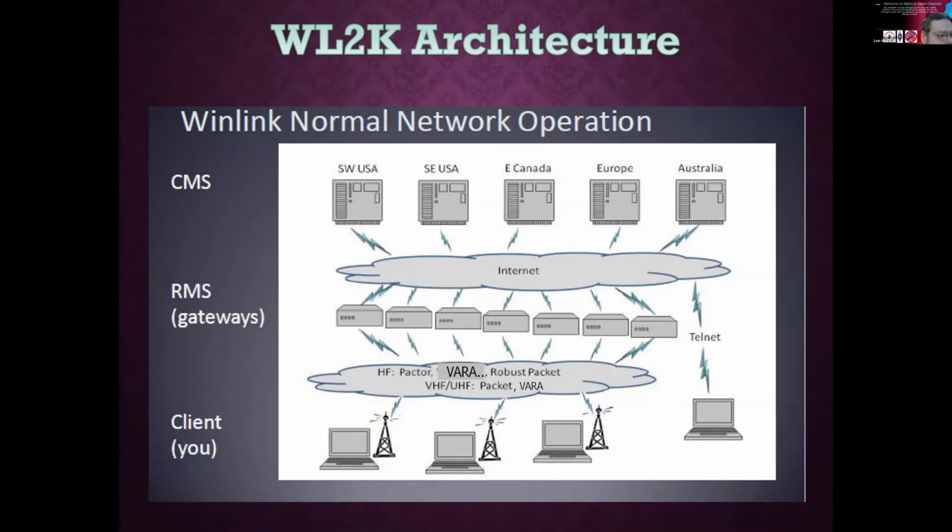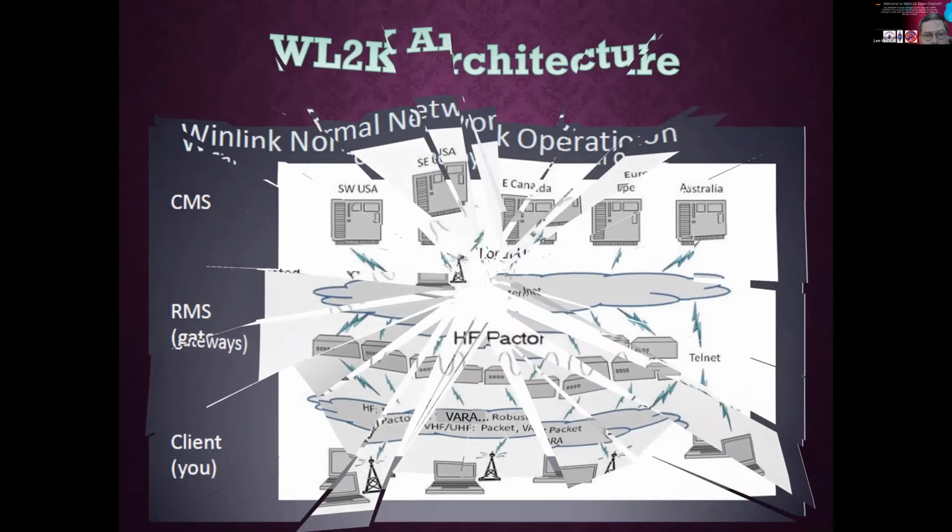Basically, the internet sits in the middle as RMS gateways between the content management systems, basically email servers. There's 5 of them. There may be 6 this week, who knows? And the clients, which are you. And the Winlink radio-only network